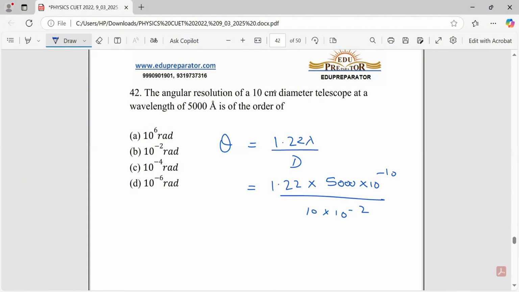So that approximately comes to 10 is power minus 6, 10 raised to the power minus 6 radians, right? So D is the correct answer. Let us proceed to question number